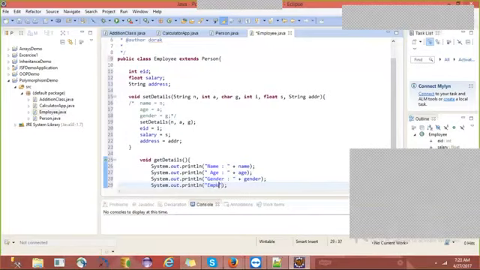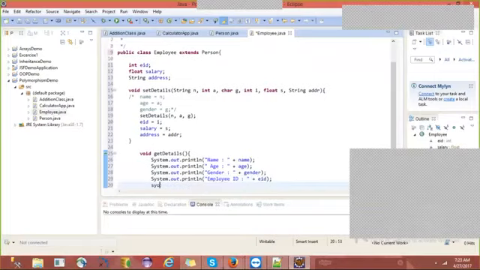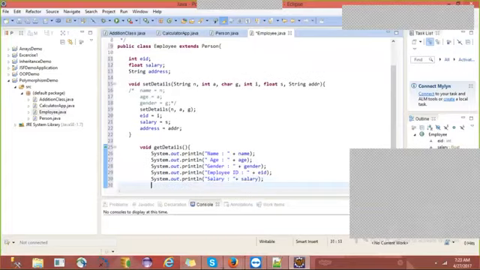Employee ID, EID. Sys out. Salary. Next. Sys out. Address. Yes, address we need to write.